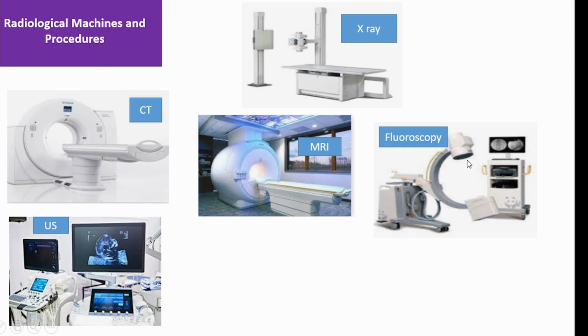The other type of machine that also produces radiation is our fluoroscope machine. This fluoroscope machine works almost like what happens with our CT. It has a computer system where you can visualize the portion that you're imaging. You can see it inside, or you can see a video of the area that you're acquiring.